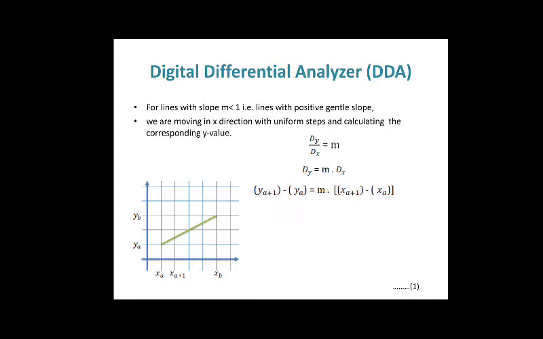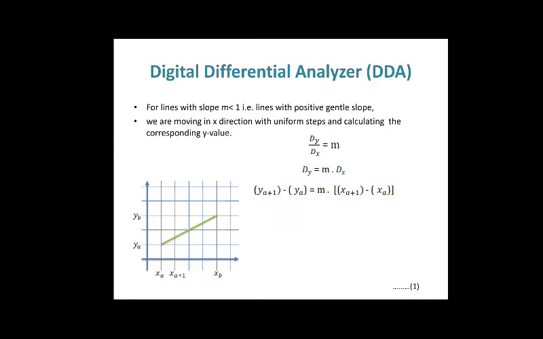You can see here, this is xa. The next incremented x will be xa plus 1, because x is incremented by 1, right. So, this point is xa, the next is xa plus 1, the next point will be xa plus 2, likewise up to xb, right. I am representing this dy as ya plus 1 minus ya, means I have to find out the distance between two particular points of the y coordinate, right, is equal to m into dx.